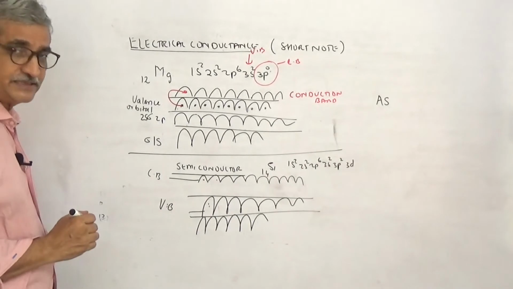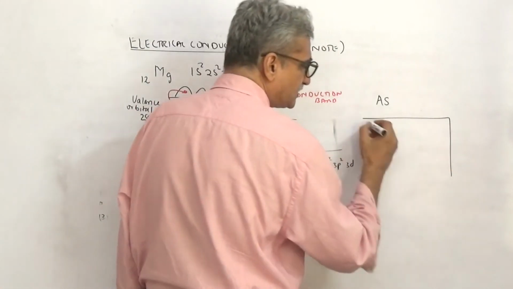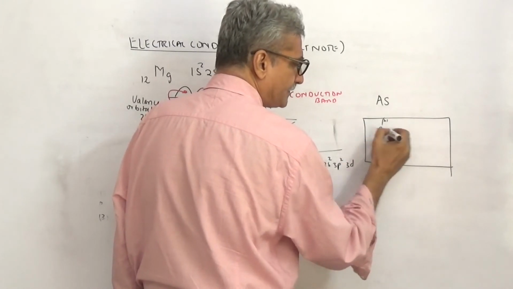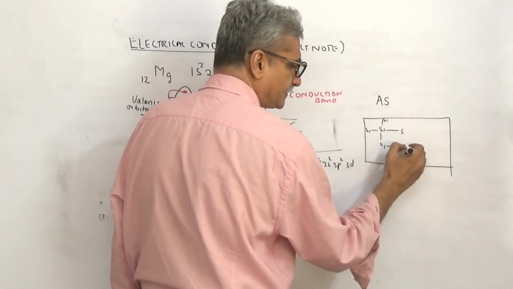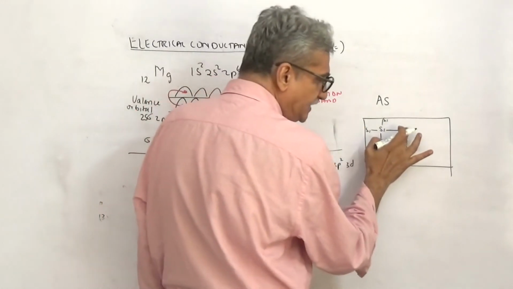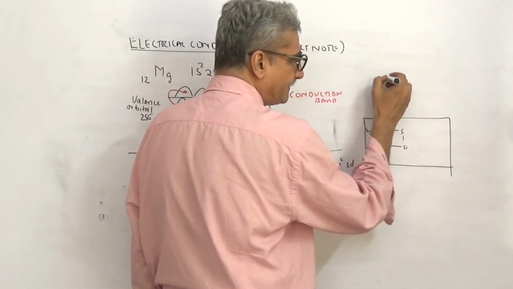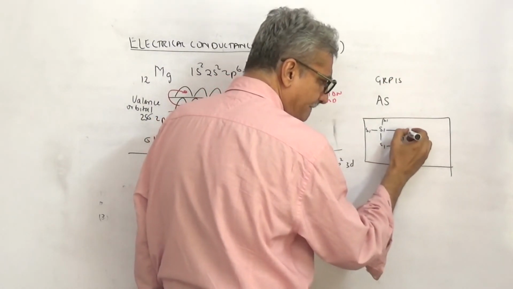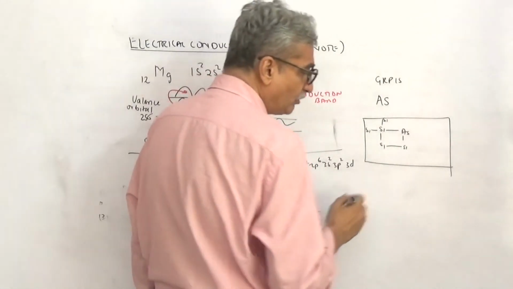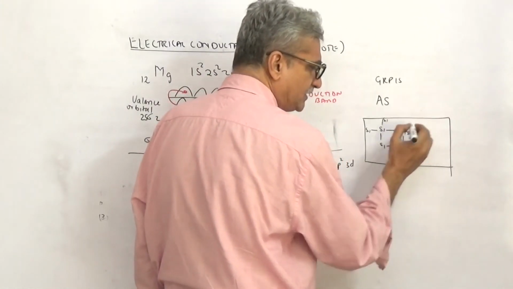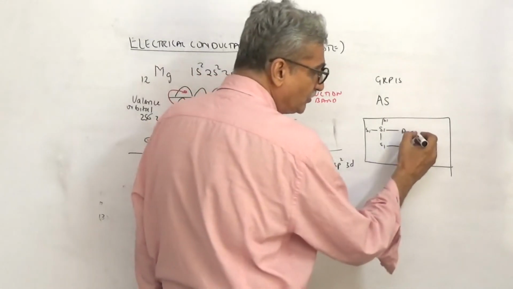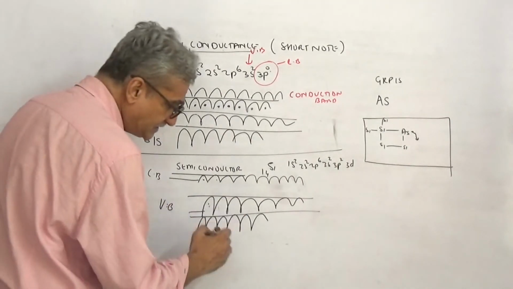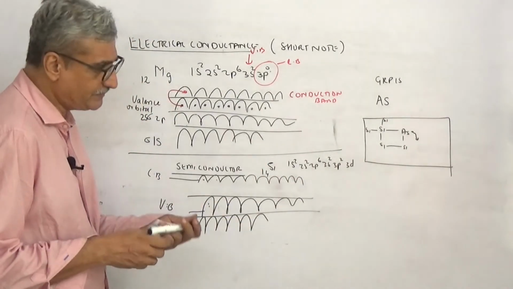What happens to arsenic? You have a silicon crystal. Arsenic is a member of group 15, so arsenic occupies this position. When arsenic occupies it, it has given its 4 electrons, and it has 1 more electron. So what is it going to do? It's going to allow the electron to flow. So when arsenic is added, from the molecular level, what happens?